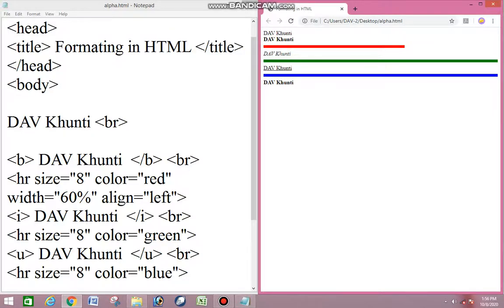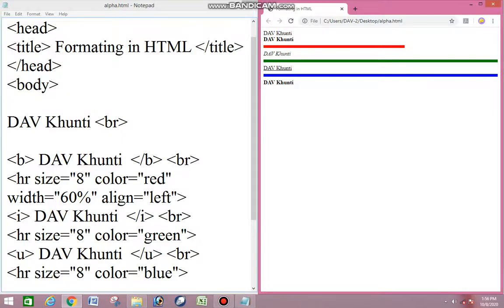For aligning your horizontal rule, you have to set your width in 50% or 60%, so that you can clear see it.